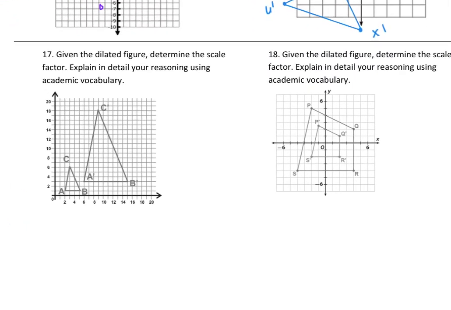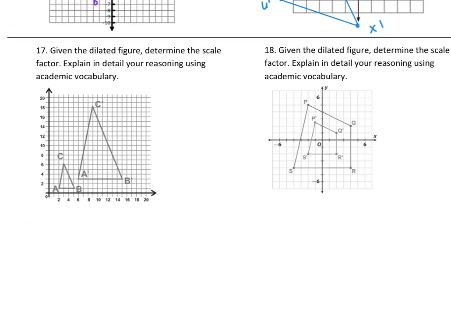All right, number 17, it says, given the dilated figure, determine the scale factor, explain in detail your reasoning using academic vocabulary. All right, so looking at these, the first thing we should do is determine where the center of dilation is. So what I can do is connect my corresponding points, and wherever those points meet up is where my center of dilation is. So connecting A and A prime, it meets at the origin. So the center of dilation should be the origin, but I'm just going to confirm by connecting the other corresponding points. And when I connect them, they all meet up at the origin,